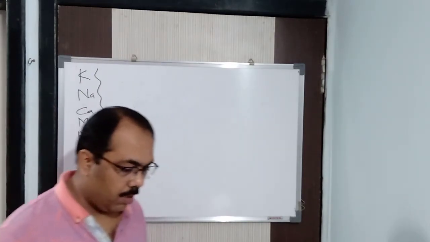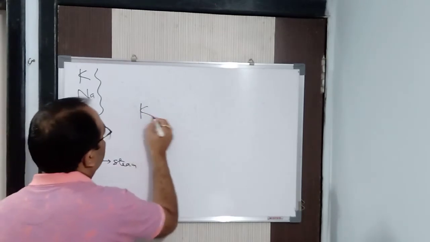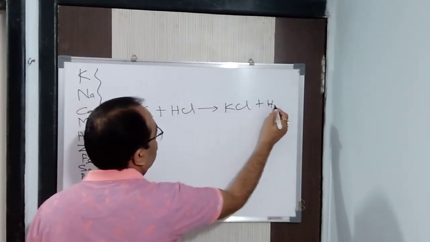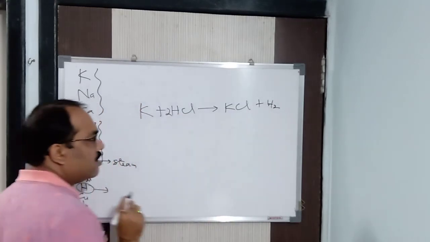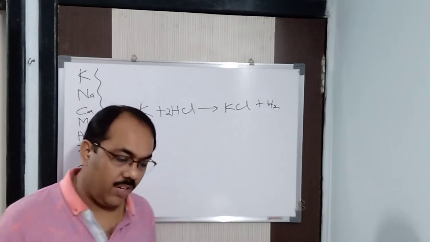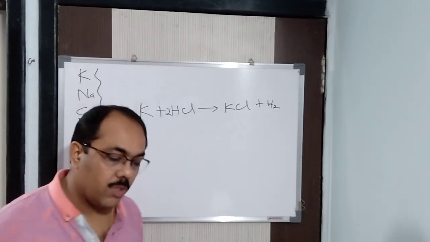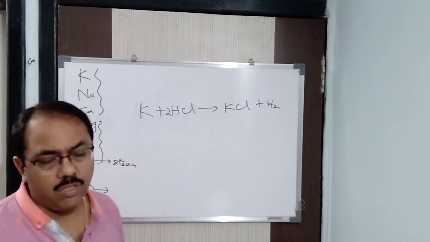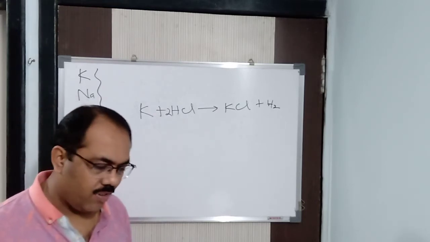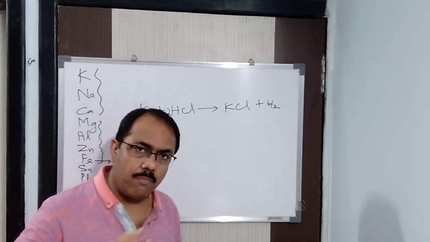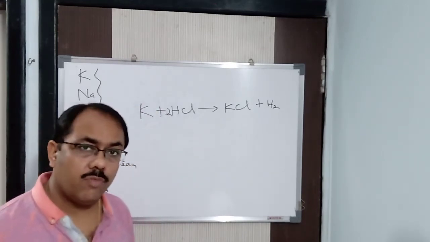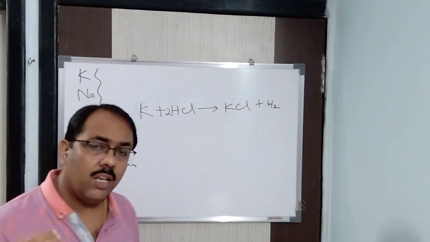Theoretically, I can write it out, no problem. Theoretically, it is possible that potassium reacts with HCl to form KCl plus hydrogen gas is released. Alright, this is theoretically possible. Potassium reacts with sulfuric acid to form potassium sulfate and hydrogen gas is released. It is theoretically possible, but practically it is not possible because with acids the reaction is very vigorous. It's very fast. You cannot imagine how vigorous and how exothermic the reaction will be, because just imagine with cold water, which is so vigorous.